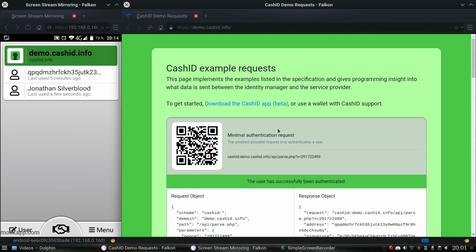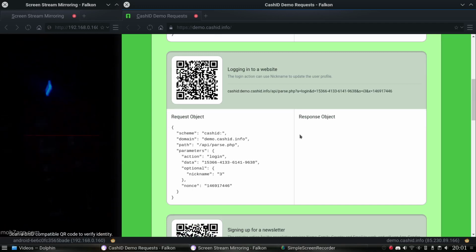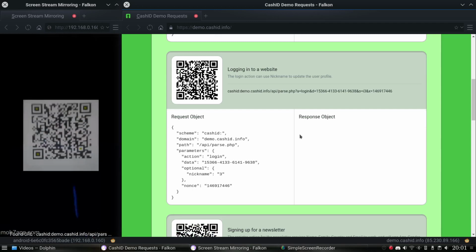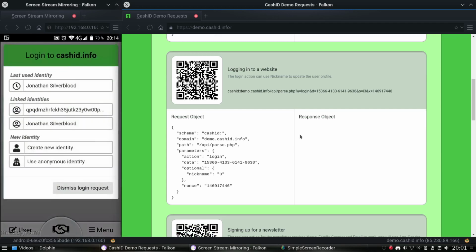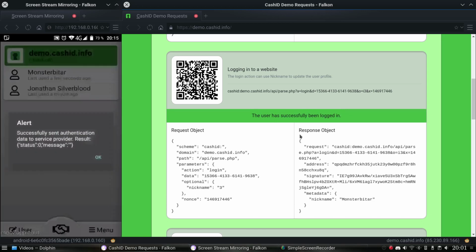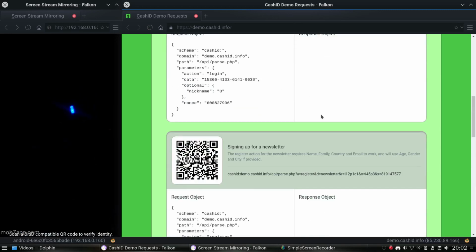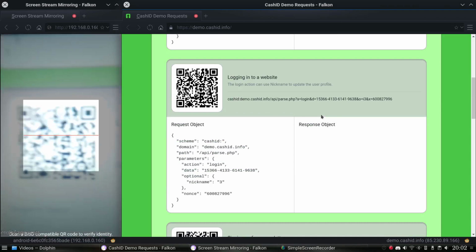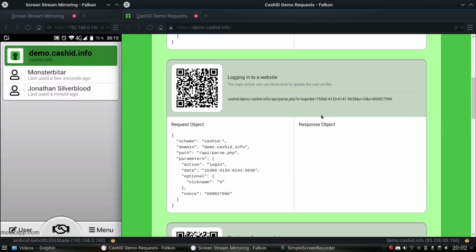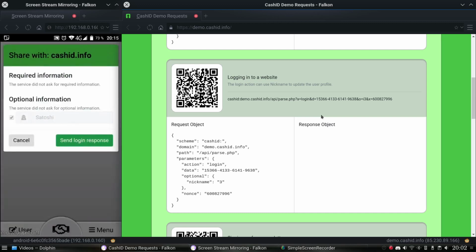I'm now going to reload this example request, and I'm going to scan the login request again to show you the difference here. If I take the other linked identity I have and I set MonsterBit as the nickname for it and send the request, then it updates here and says MonsterBit. So we now have two different identities by names, and if we were to scan the login request once more, and choose any of these, say for example the Jonathan Silverblad identity,